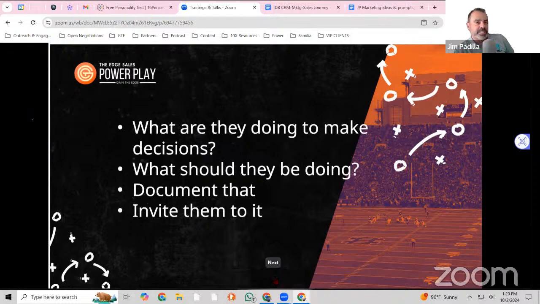What are they currently doing to make those decisions? Right. In our world, they're typically making a very simple decision, or so they think. Like, am I going to invest in this or not? Do I have the time to put into this or not? How much of this do I want to change? How much time do I want to commit to this? How much money do I want to put into solving this problem? That is the wrong decision.